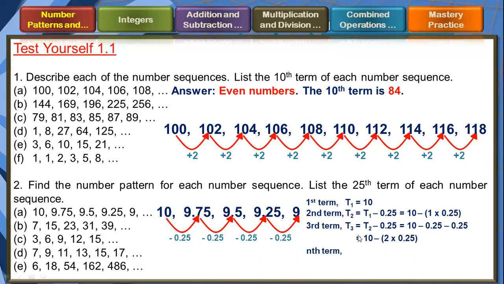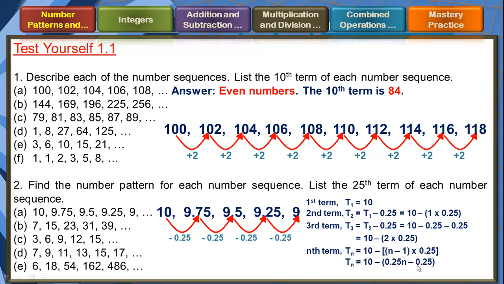To find the nth term, we have to establish the relationship between the numbers that we use here. To get these numbers, we take the term number, which is 2, minus 1 equals 1. Same thing here, the term number 3 minus 1 is 2. So for the nth term, the term number is n. Therefore, t sub n equals 10 minus n minus 1 times 0.25. We can simplify that one. T sub n equals 10 minus